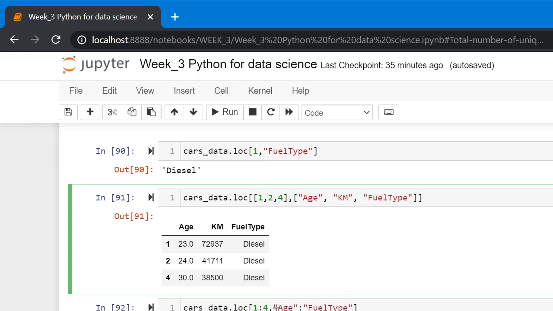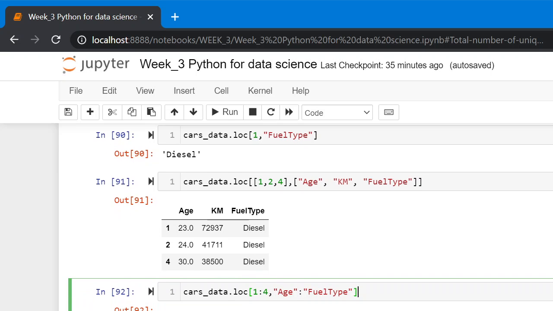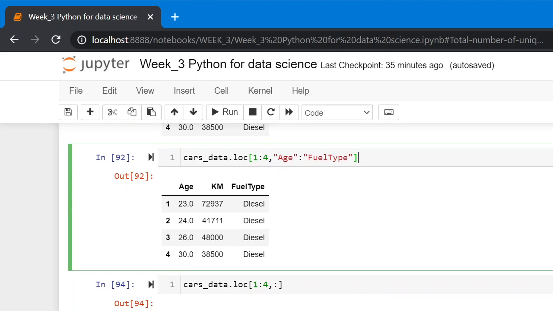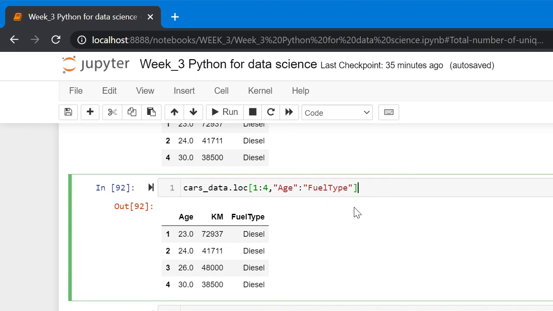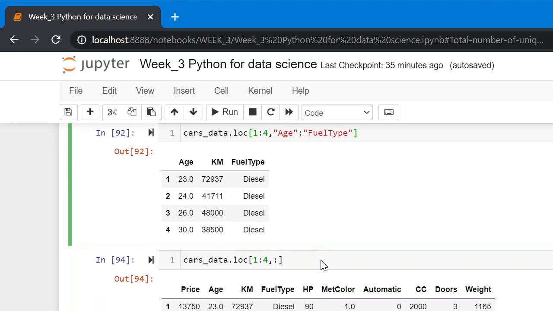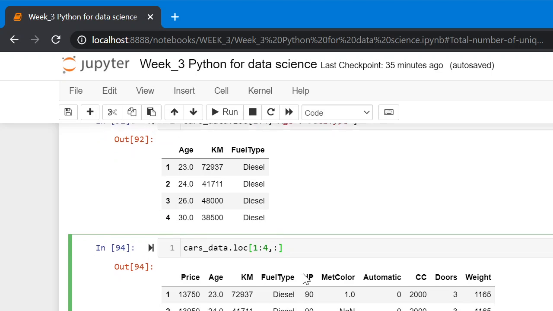Using a slice operator, we can also select the range of data. Rather than using a range or slice operator, we can also just keep colon in range selector, which is also allowed.